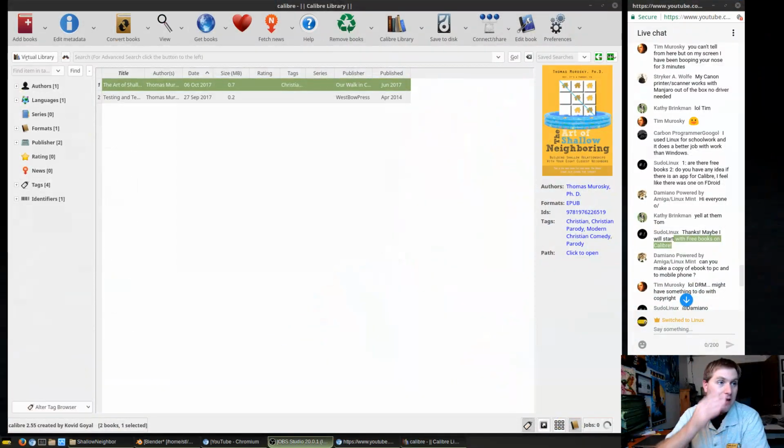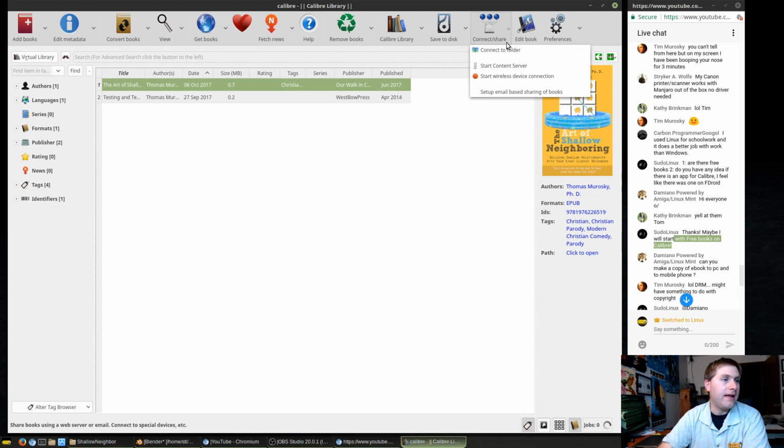I can't remember it just by looking at the list of stuff. You make a copy of the ebook to PC and to mobile phone. Yes. The best way to do this is to run the server. But if you're actually running Calibre, you don't have to have a full server. If you're running Calibre, just come up here to the top, hit Connect Share,